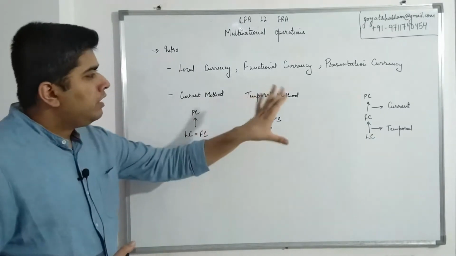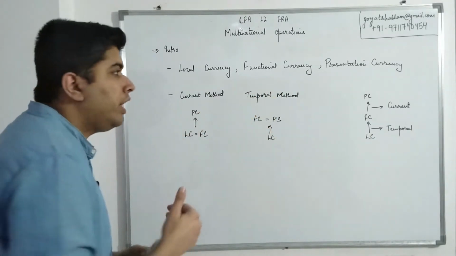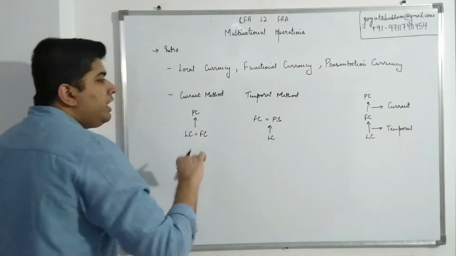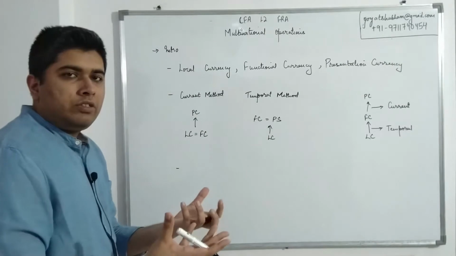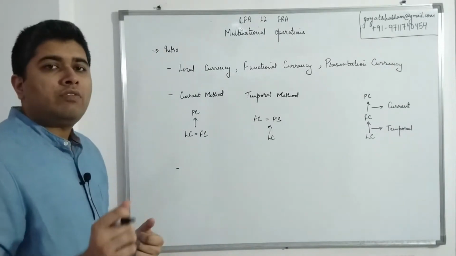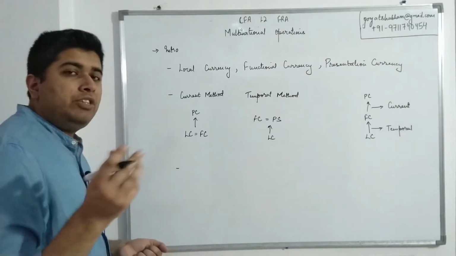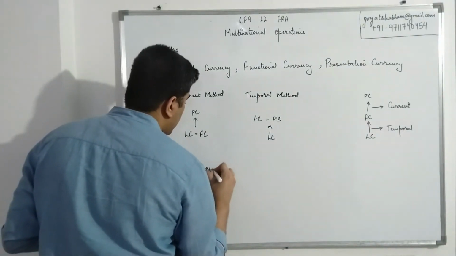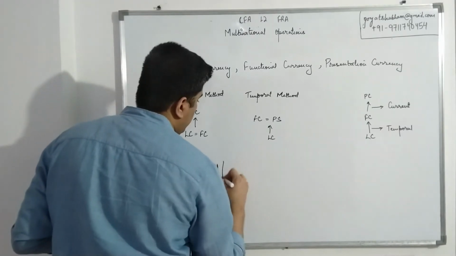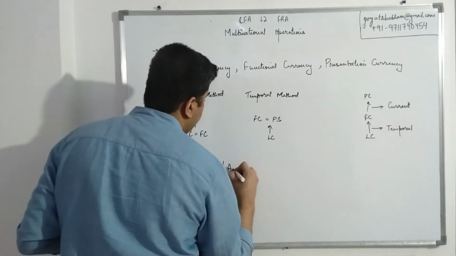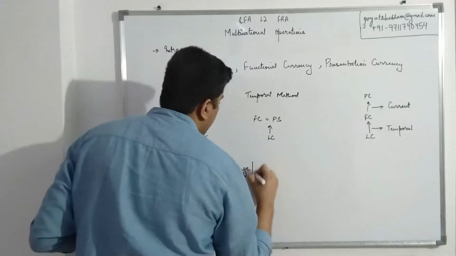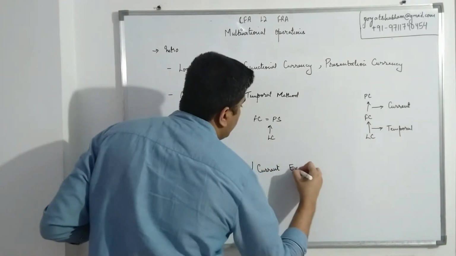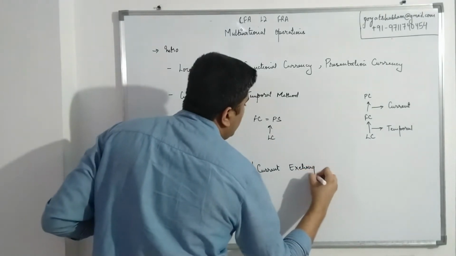Now, aside from these, there is one more small thing that you and I need to be aware of. Whenever we convert the financials from one currency to another, we need some sort of currency exchange rates. There can be three types of rates. You can have the historical rate, you can have the average, or you can have the current exchange rate. So you can have three types of exchange rates.